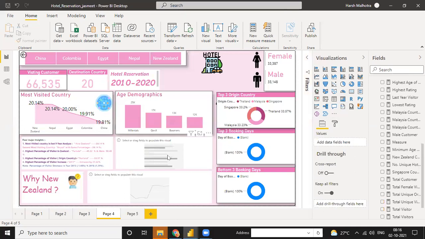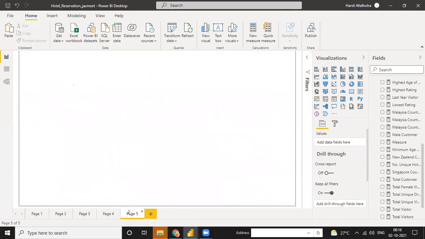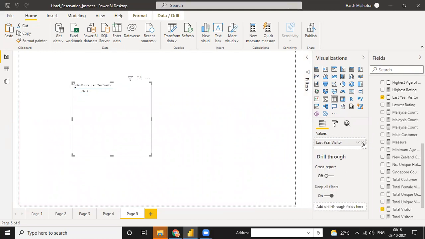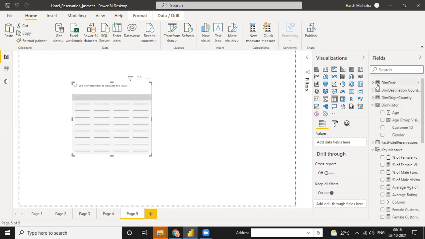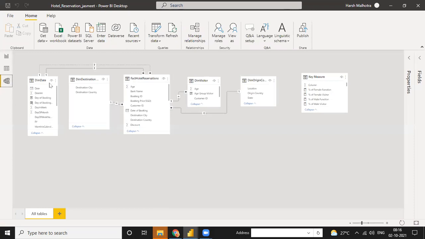Page 5 or 3? Let me just check. Yes, this one. It shows like this. Just a moment. Sometimes it shows, you can use it twice. For the date, let me go to your relationship first.